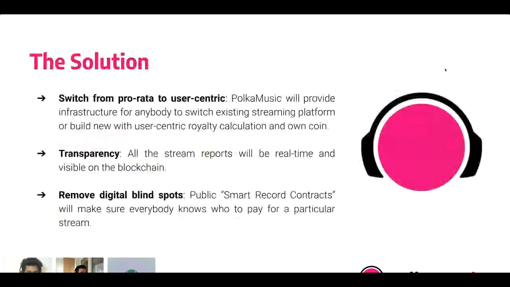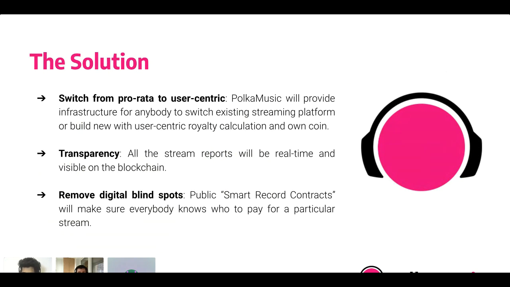Next slide, please. So the solution is we will switch from the pro rata model to the user-centric model. Polka Music would be an infrastructure for anybody who wants to switch from their existing streaming platform, they can switch to Polka Music and use that as a base.